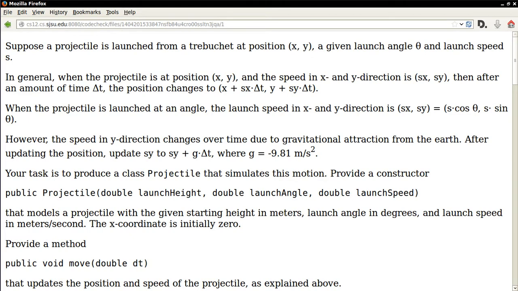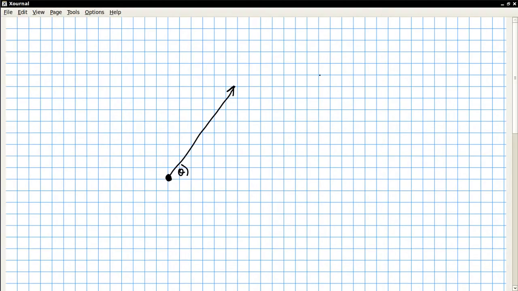So in this assignment, we're doing some basic physics. We are propelling a projectile that we launch at a given angle, and we want to know what happens. If there was no attraction from the Earth, what would happen, of course, is that the projectile would just keep moving in this direction forever. But as you know, it does get attracted by the Earth,